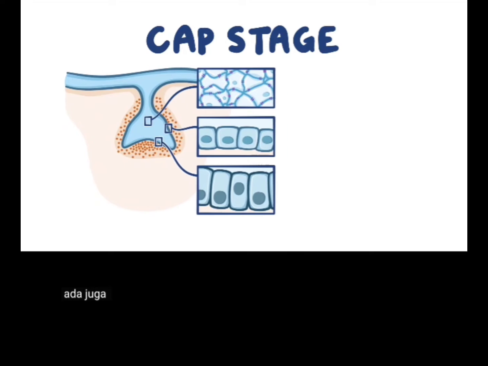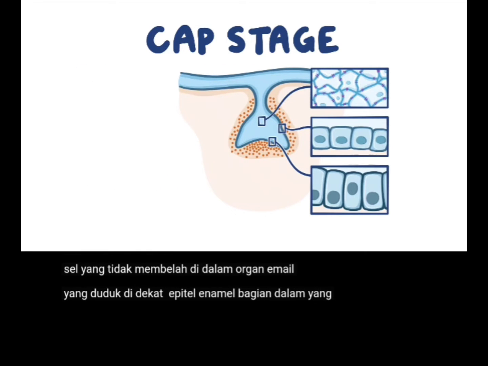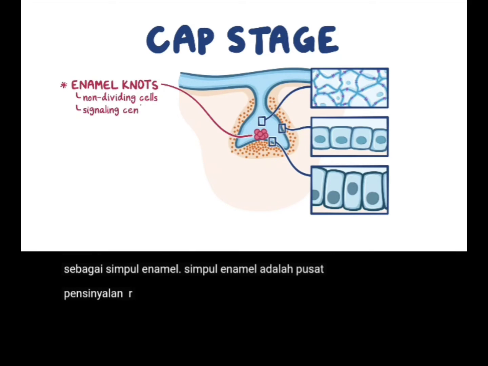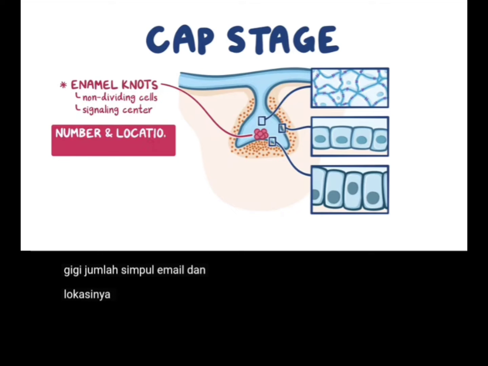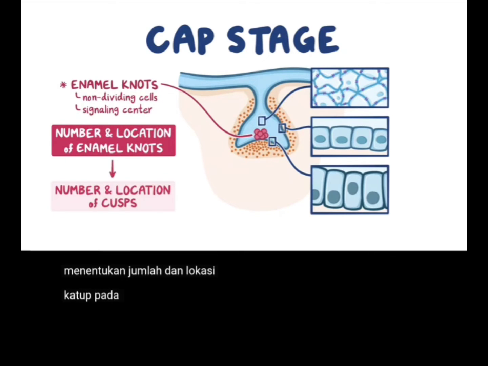There are also a bunch of non-dividing cells within the enamel organ that sit near the inner enamel epithelium, known as the enamel knots. The enamel knot is a signaling center that regulates the formation of the cusps of the tooth. The number of enamel knots and their location within the enamel organ determine the number and location of cusps